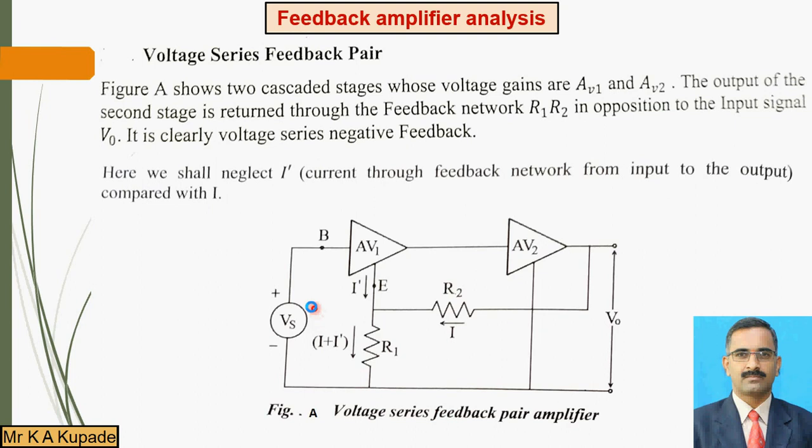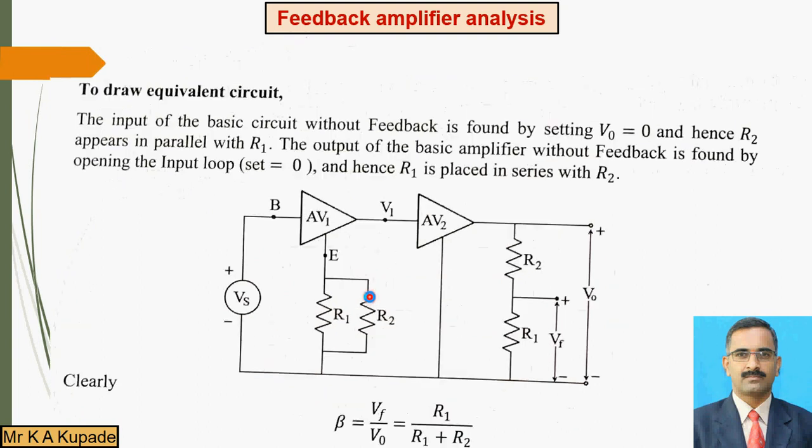And this V0 is acting as the input signal to this particular amplifier. It is clearly voltage series negative feedback. It is negative feedback but voltage series. Here we shall neglect the I dash current through the feedback network from input to output compared with I. I dash is negligible. Now we have to draw the equivalent circuit of this,